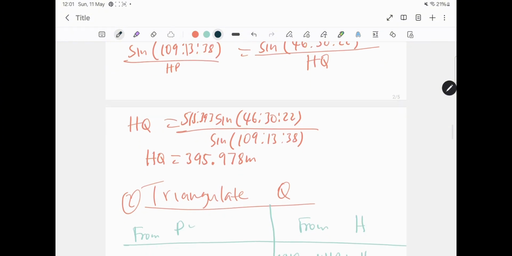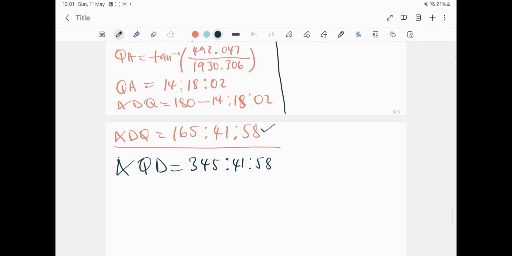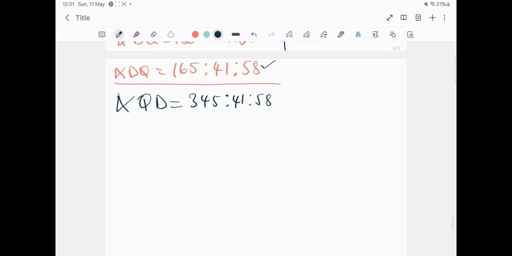So I didn't say PQ. I start from the Q itself. So I said QP and QD. So the sides that are enclosing